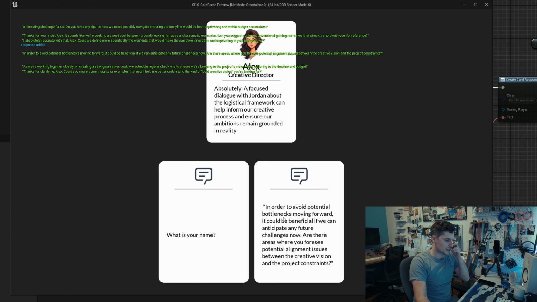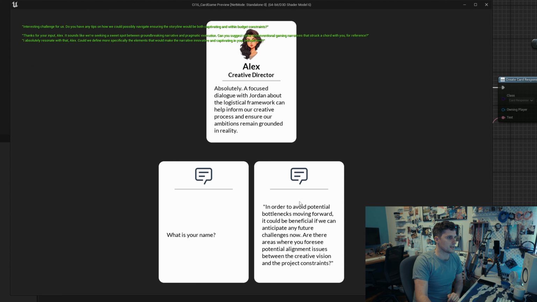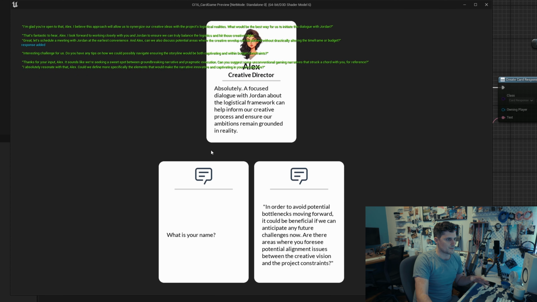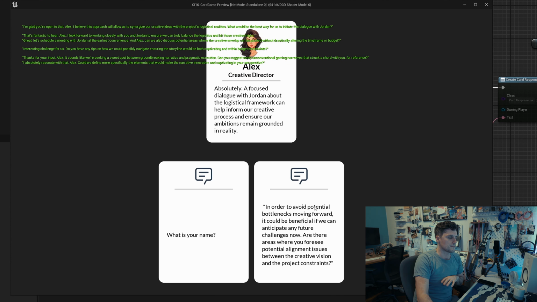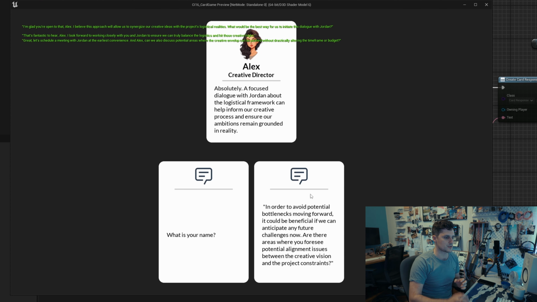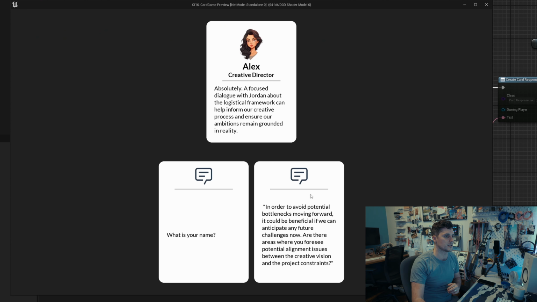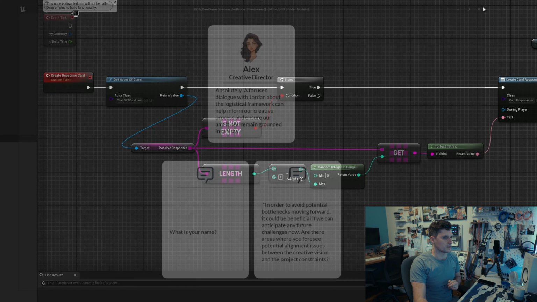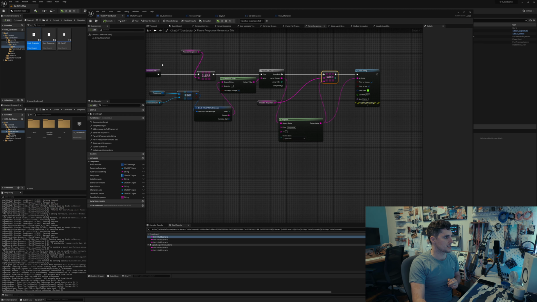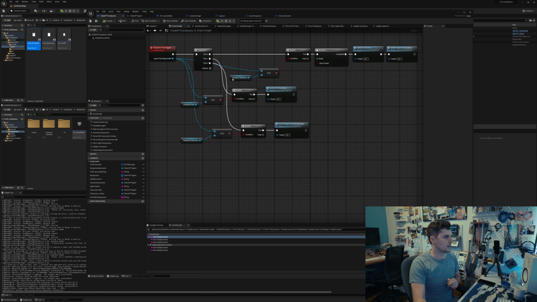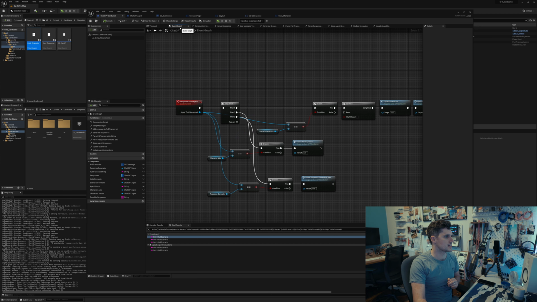The interesting bit here is what's happening on the back end, and I'll show you that now. So that's a little bit of a game loop. It looks quite simple, but it's quite interesting in terms of what we're doing, because it allows us to do this for basically any subject and any scenario. So what's going on? I have built a system basically that is a system for creating